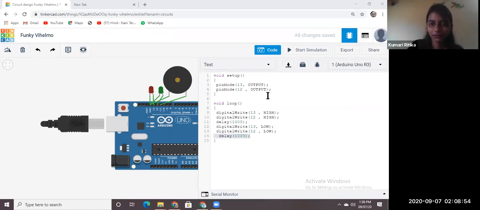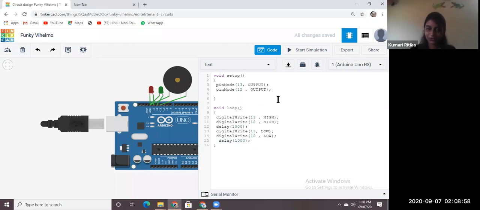Okay, so let's connect this piezo speaker. The code is totally the same. There's no difference. First, we write the pin mode, and tell me what should be the pin number for it. Just type in the chat box. What should I write here after pin mode? The pin number.